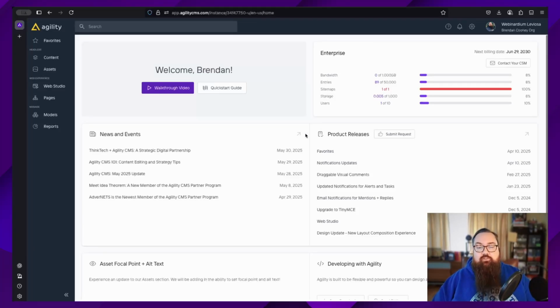When you start your Agility free trial, you'll get your very own instance that will look something like this. No need to install anything. Everything is browser-based. When you first log into Agility, you'll see your homepage, and in the top right, you'll have